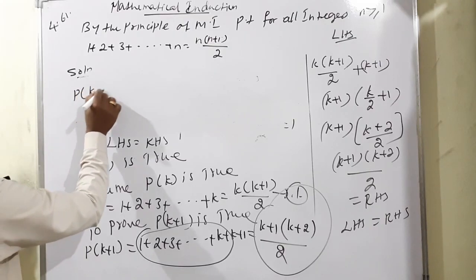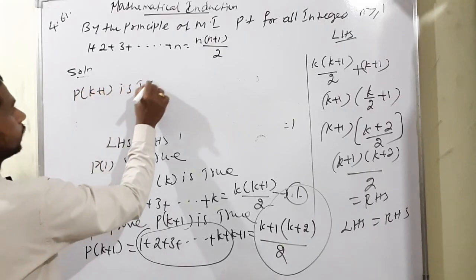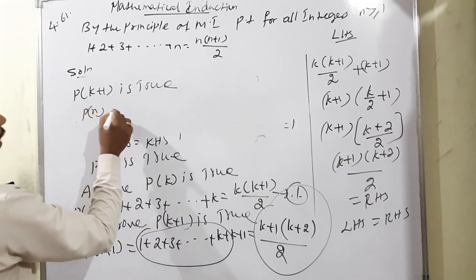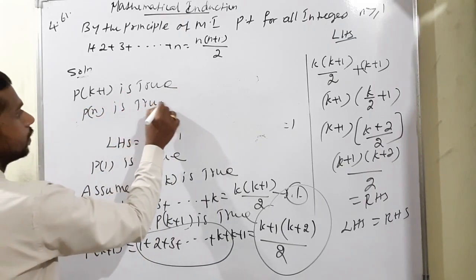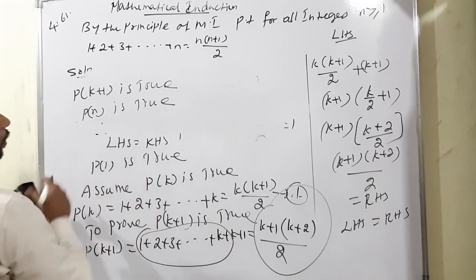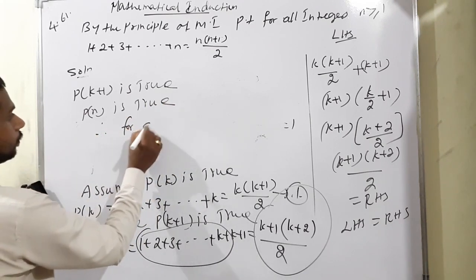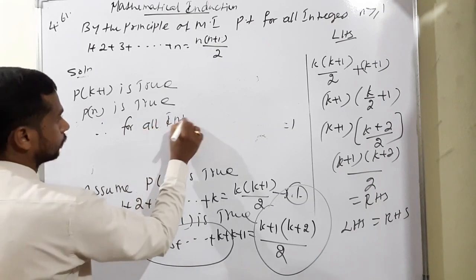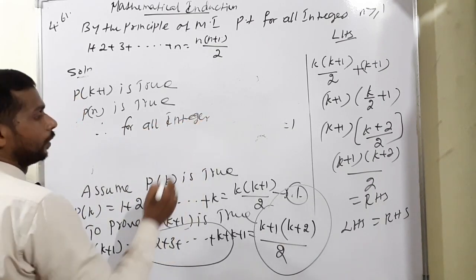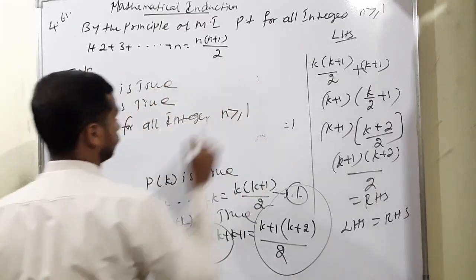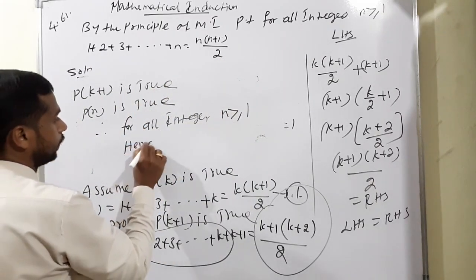So, P of k plus 1 is true. P of k plus 1 is true means we can say P of n is true. Therefore, for all integers n greater than or equal to 1, the condition is proved. Hence,